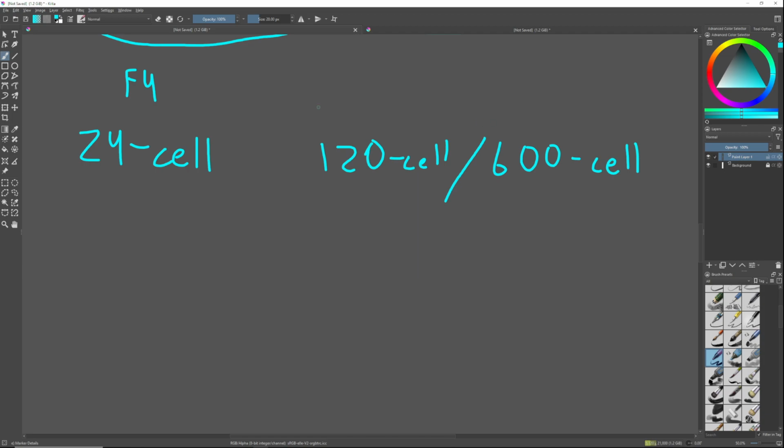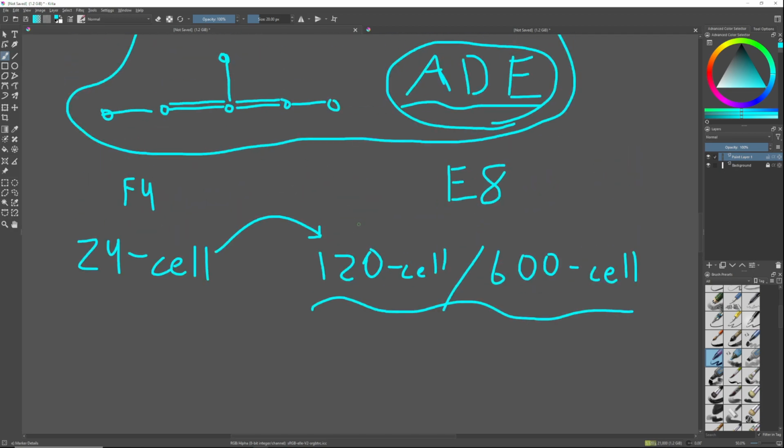Now, I'm pretty sure, I'm really afraid of making a mistake, so I'm always saying I'm pretty sure, this is how my memory serves me. I'm pretty sure you can find the 24-cell embedded in here, or there's at least a way to construct it from the 24-cell, something like that. And so here, I think we have the E8 kind of symmetry in here. Now, what I want to talk about is the idea that,